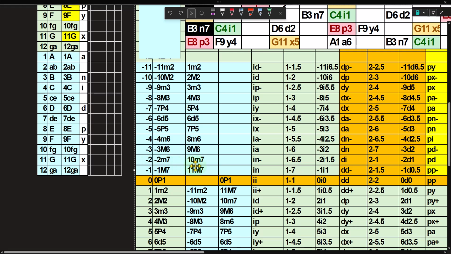Because it would be a minor 7 going forward. A negative 2 minor 7 gives me the directionality, gives me the flavor that it is a minor 7, but it tells me where I'm measuring from, right? I'm measuring from the higher pitched note to the lower pitched note, not from the lower pitched note to the